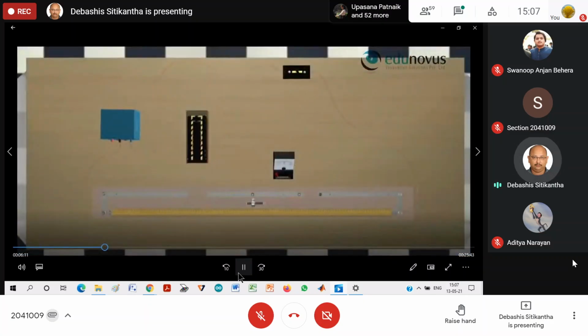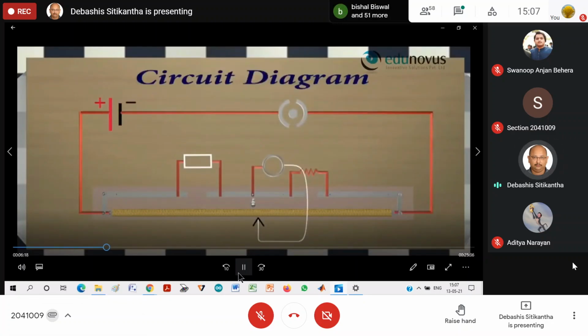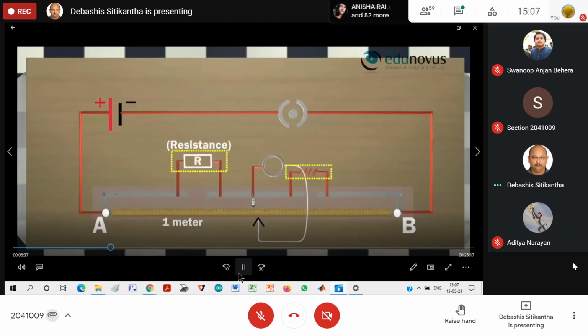This is a meter bridge, and this is the circuit diagram of a meter bridge. Here, we can see that AB is the wire of length 1 meter, and there are 2 gaps in the metallic strip, the left gap and the right gap. We have placed a known resistance R in the left gap and an unknown resistance X in the right gap. Between the 2 gaps, we have connected a galvanometer,